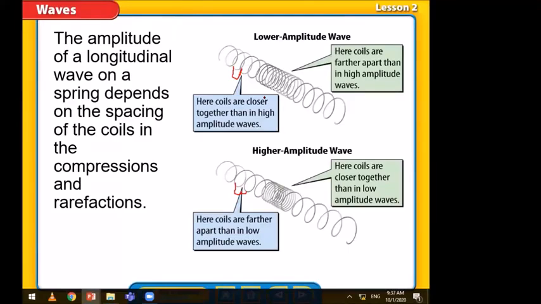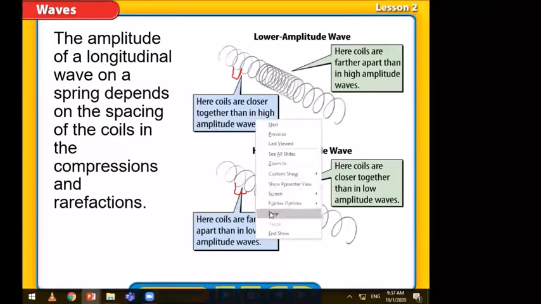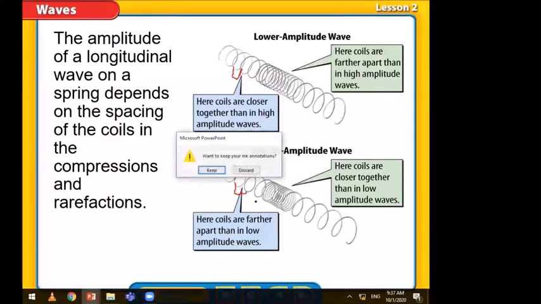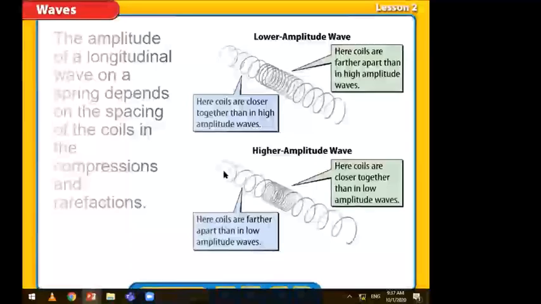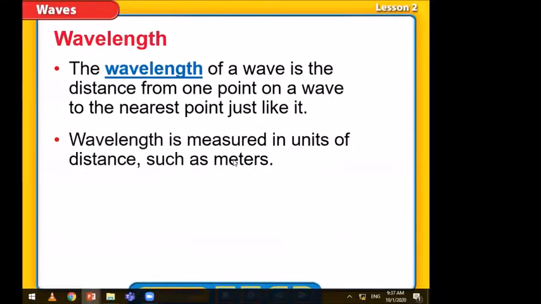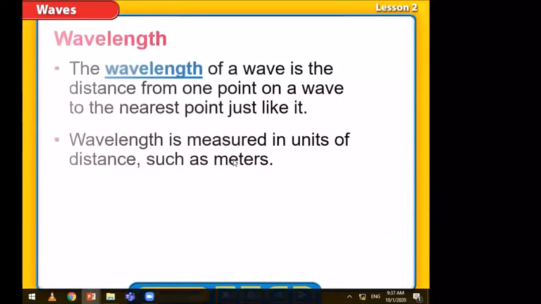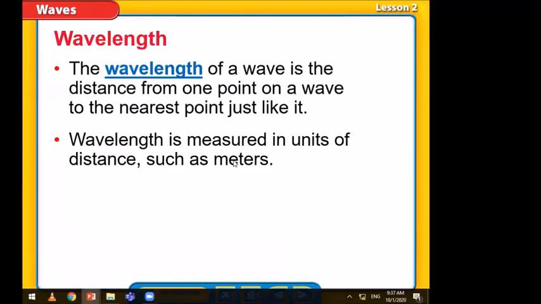The amplitude for the longitudinal wave depends on the distance between the particles, the distance between the particles in the compressions and rarefactions. So when the distance increased between these two coils, for example,